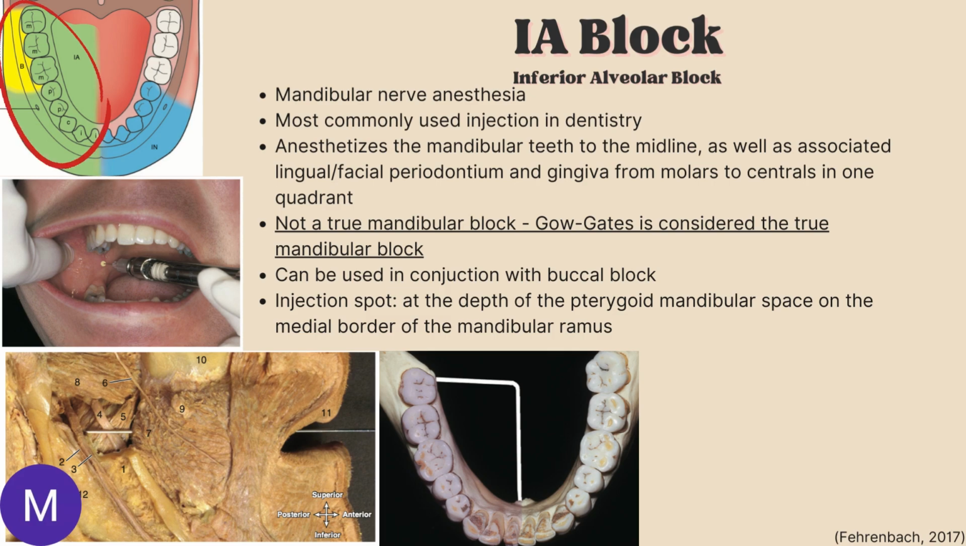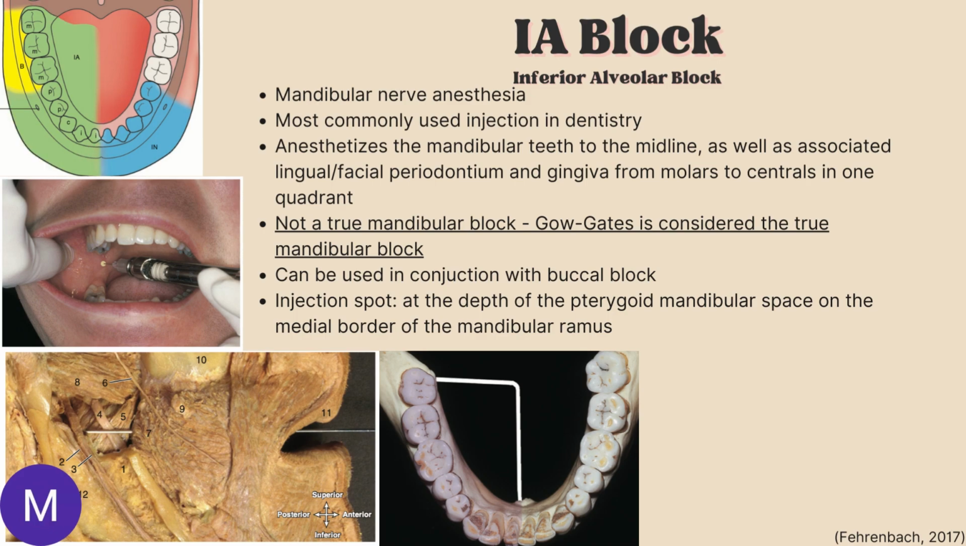Thus, the IA block anesthetizes the inferior alveolar nerve and its nerve branches, as well as the lingual nerve. However, not all of the nerve branches of the mandibular nerve are anesthetized with an IA block. It's not considered a true mandibular block. Actually, the Go-Gates mandibular block is considered a true mandibular block since the entire mandibular nerve is anesthetized within one